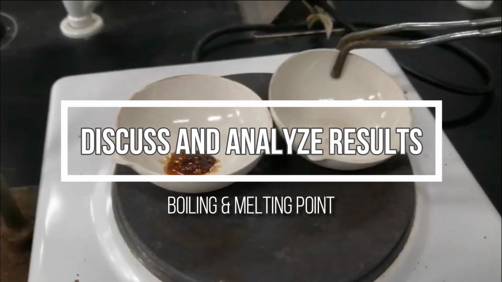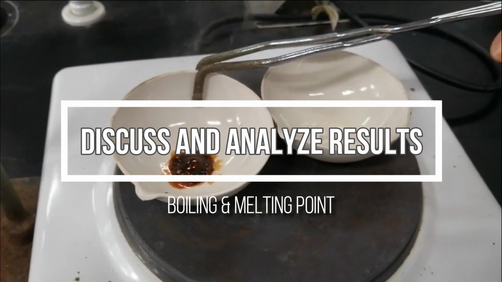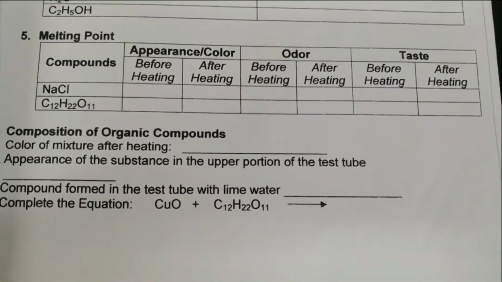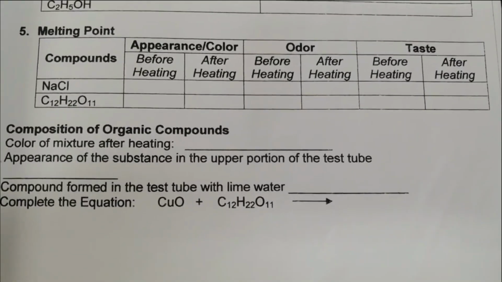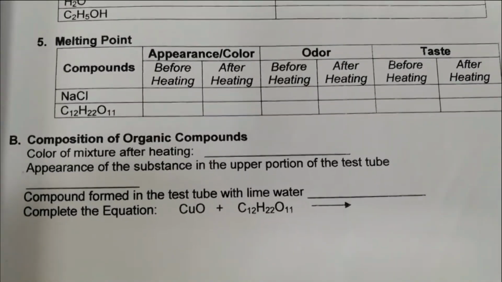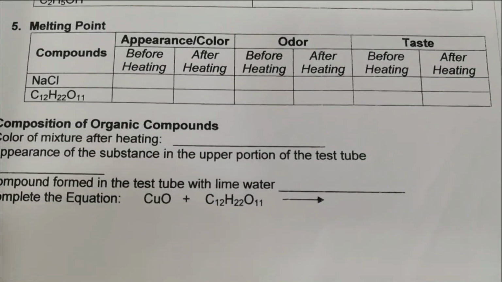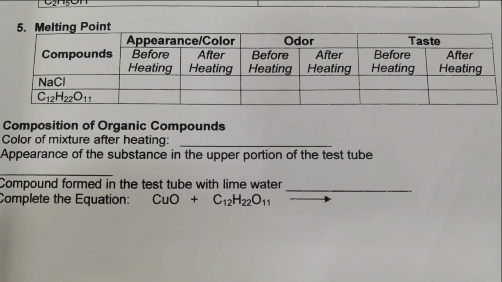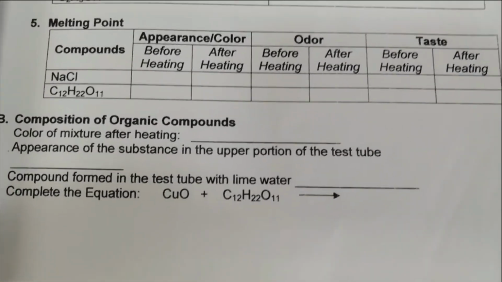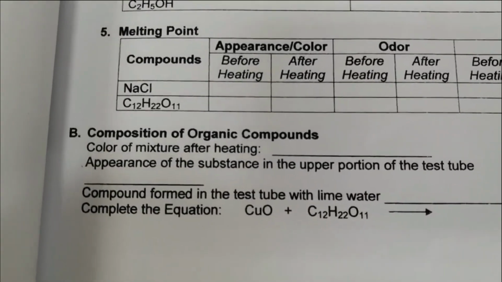So, determine nyo kung sino yung mas mababa yung melting point. So, yeah. Discuss nyo dun sa discussion na portion ng report. From that, ito yung i-discuss nyo din. So, appearance or color before and after heating, odor. Meron naman kayong sugar and NaCl sa mga bahay nyo. So, sa mga bahay nyo lang tignan yung odor and taste. Or, wala na pala kasi hindi naman kayo yung nag-heat ng substance. Wag na lang yung odor and taste, yung appearance and color na lang ng NaCl and